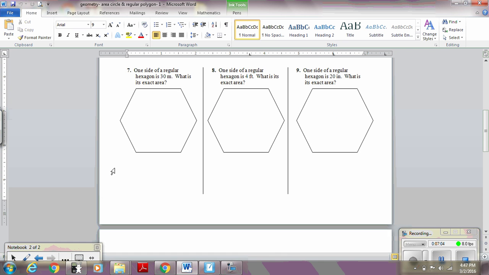All right, for number 7, it says one side of a regular hexagon is 30 meters. What is the exact area? So since it wants the exact area, that means we're going to have a radical in our answer. In other words, a square root in our answer, because we talked about it in our notes that a regular hexagon is special because from the center to the side,